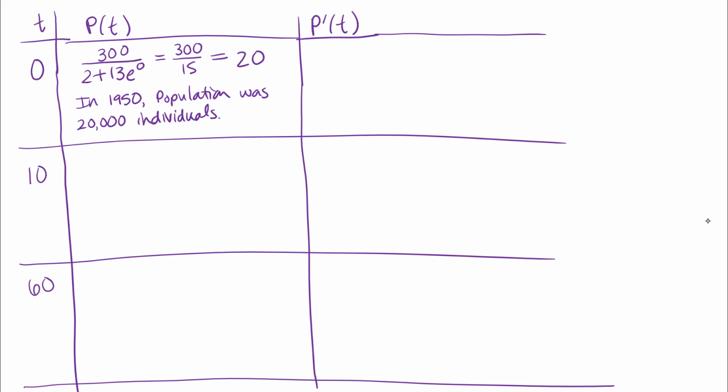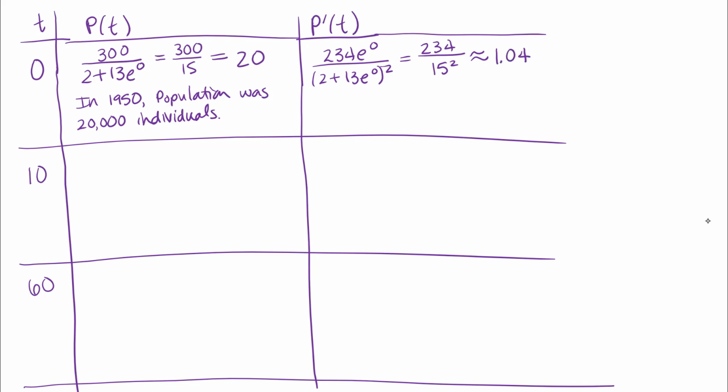Alright, so all of these p values are going to be population at a particular time. Okay, thinking about the p prime of t, I'm going to plug t equals 0 into my p prime function here. So I'll have 234 times e to the 0 over 2 plus 13 times e to the 0, the quantity squared. Okay, so when I simplify that, I get 234 over 2 plus 13 is 15 squared. And so when I simplify that, it doesn't come out exactly, but we're going to use some decimal approximations here. So I'm going to write is approximately equal to